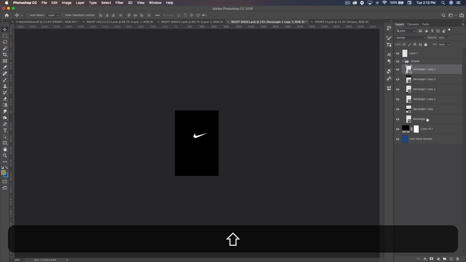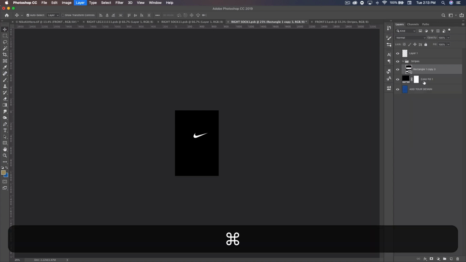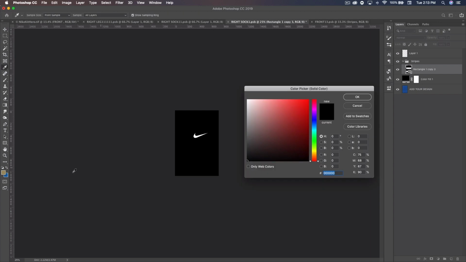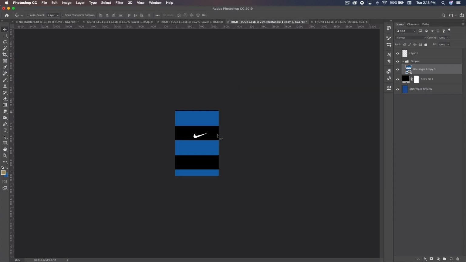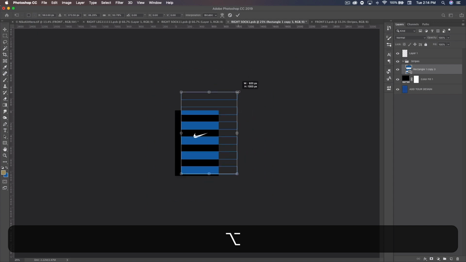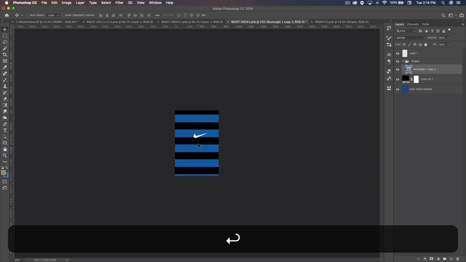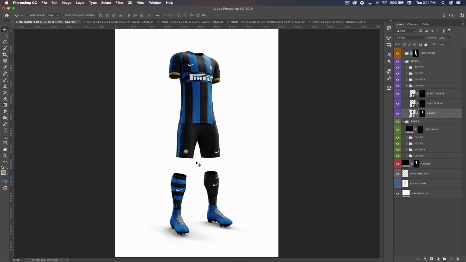But if we come to all these layers and select them, don't select the group, select all the layers individually. Command E to merge, double click, select blue, boom, we get blue. Command T to transform, and let's make it a little smaller. Save it, let's check that out, and we get some